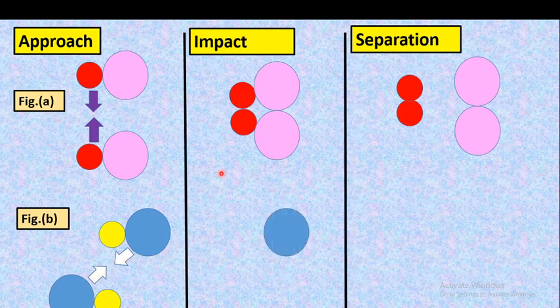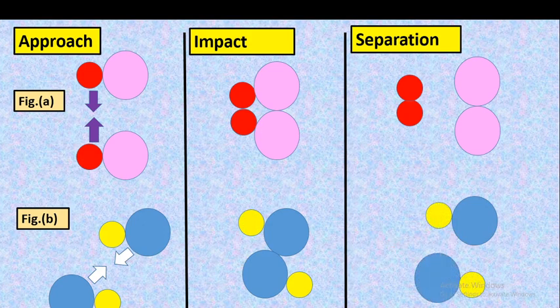So what happens? Due to the impact of this orientation, these two molecules combine with each other and then get separated, and no reaction takes place, because, as we have seen, the reactant molecules remain as they are in the product. There is no separation of the iodine and hydrogen. Therefore, if the molecules are not properly oriented, the reaction does not take place. If molecules are properly oriented, the reaction takes place, and if they are not properly oriented, no reaction takes place.